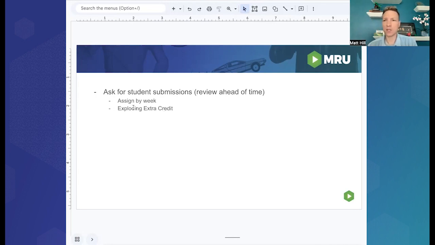So whenever I do this, I usually do exploding extra credit, where it's worth the highest number of points at the beginning of the semester. And then the number of extra points you get goes down as the semester goes on. So they're incentivized to turn it in earlier in the semester. That way you get a steady stream of articles. But again, you're just trying to incentivize the students to bring in an article.